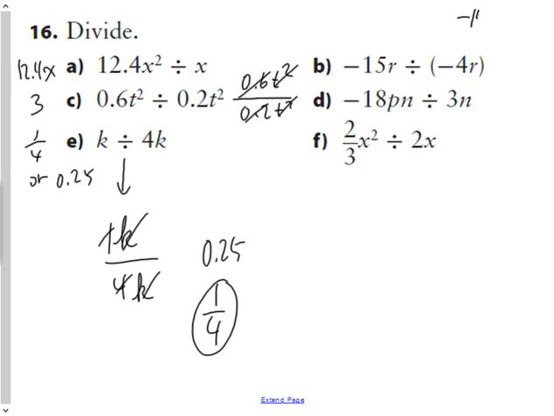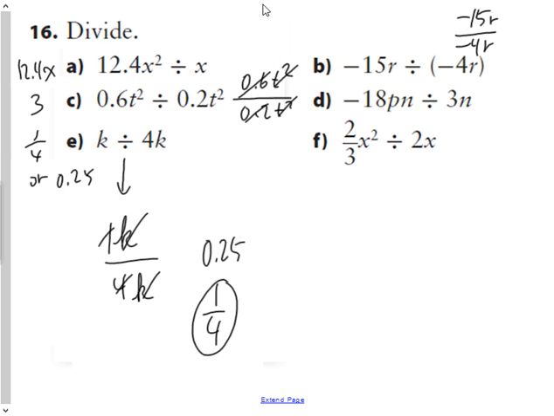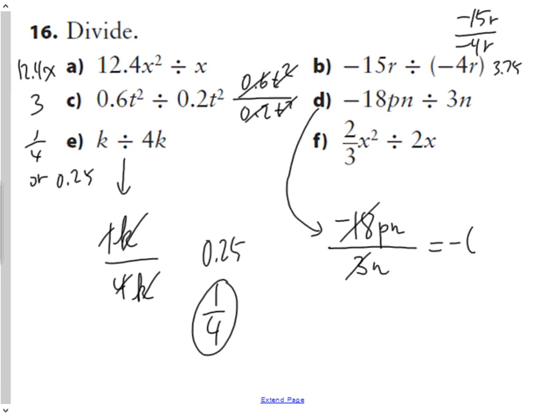In B, negative 15r over negative 4r. 15 divided by 4, well, 15 divided by 2 is 7.5. Divided by 2 again is 3.75, but I better double check because my brain's not working so well. Good. So positive 3.75 is your answer because r divided by r cancels each other out. D I'll do down here. Negative 18pn divided by 3n. Negative 18 divided by 3 is negative 6. P stays by itself and n cancels the other n out. And finally f,